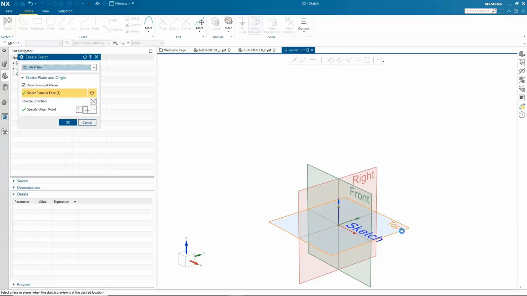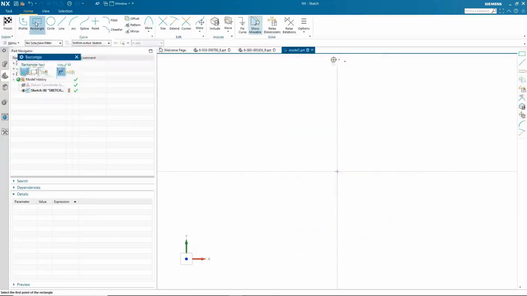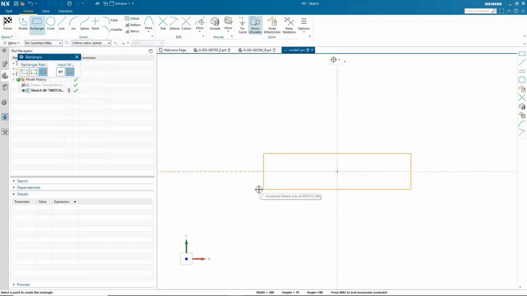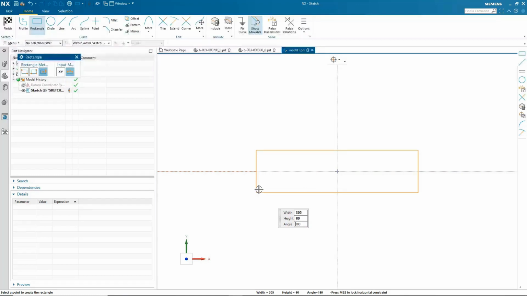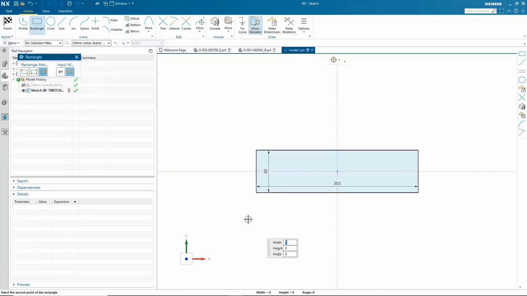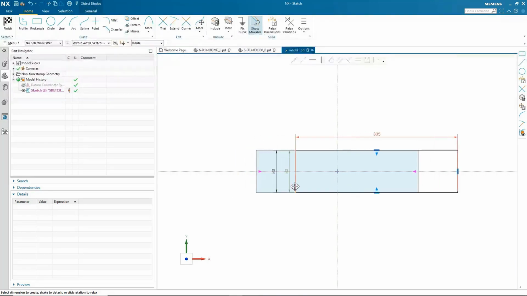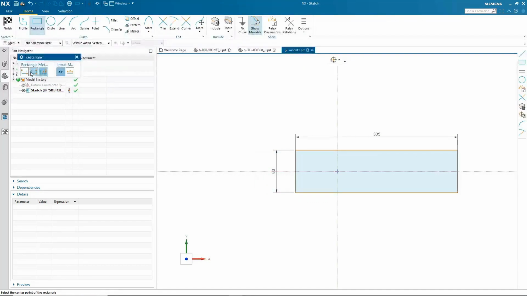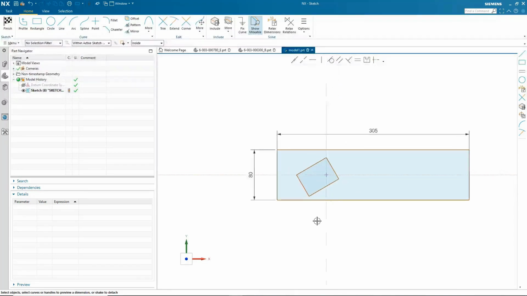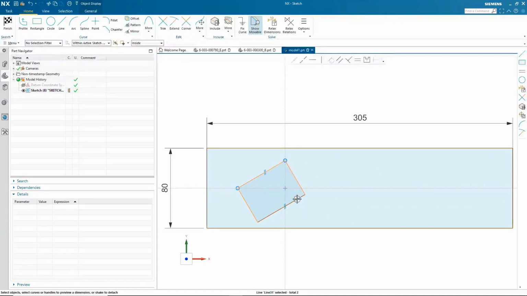In the brand new NX Sketch, you will notice that we rely mostly on curves and dimensions to drive and fully define your sketch. We will start with a simple rectangle, and from there, we will move the rectangle over by relaxing one of the symmetry relations that was found in the sketch. Then we will continue to add our geometry to the sketch as needed. We will add the diamond shape around the center. We did not quite get it right, but no problem. All we need to do is drag one of the endpoints onto the center line and snap it there, and now we have a perfect square.